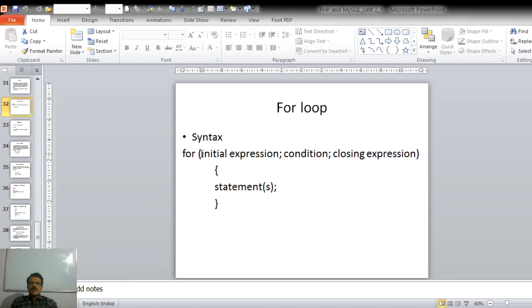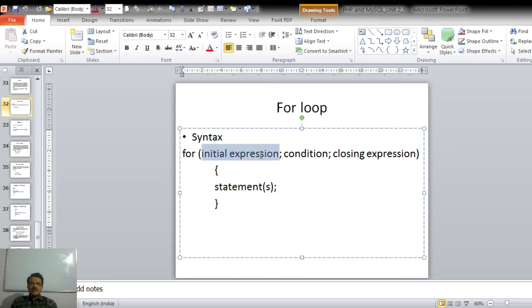We are writing the initial expression, then the condition, and the closing expression in a single for statement. Without using three different statements, we are mentioning these three in a single statement, that is for. So the syntax is for in brackets, the first parameter is the initial expression, meaning the initial value.